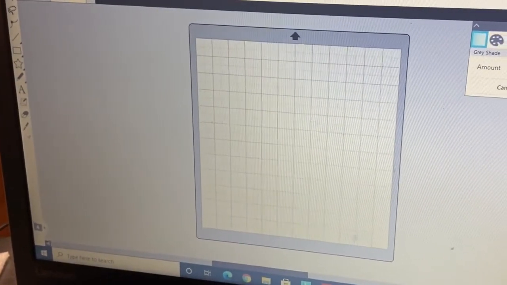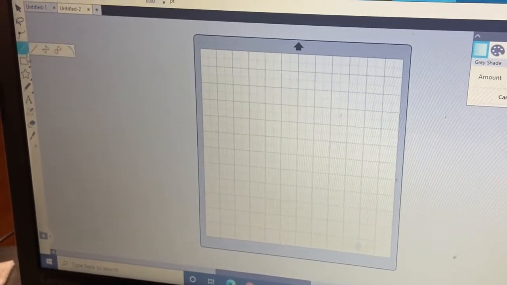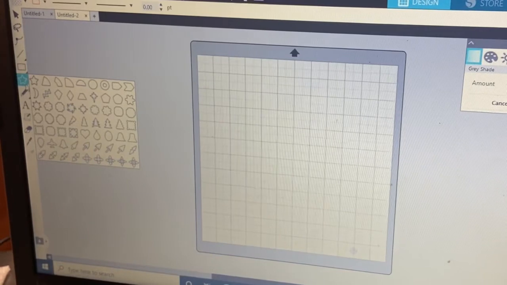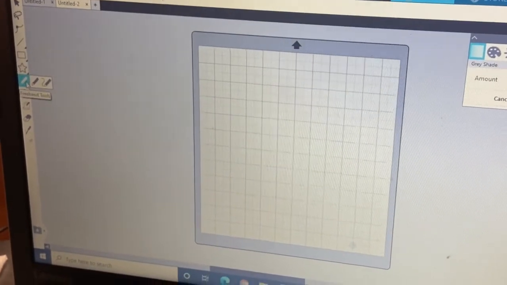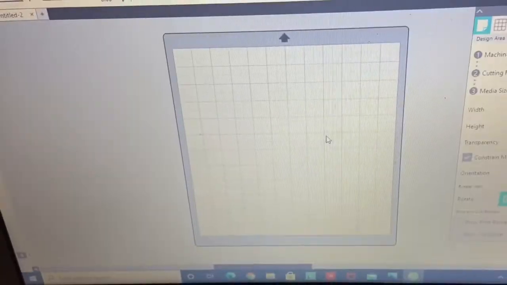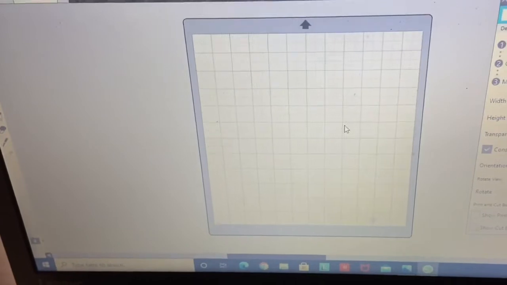So over here, lines, so here would be lines, squares, you know, just basic shapes. Drawing a line, freehand tool here, eraser, knife tool. Say if you want to cut some heat transfer paper,